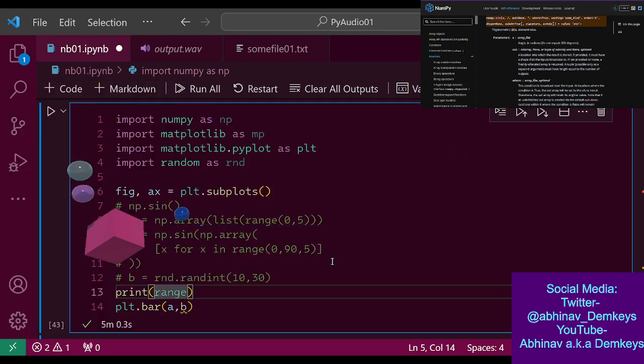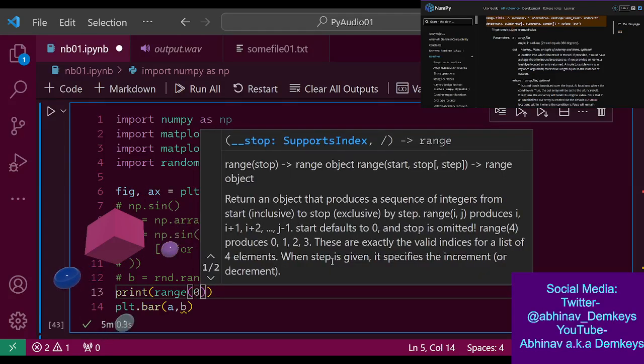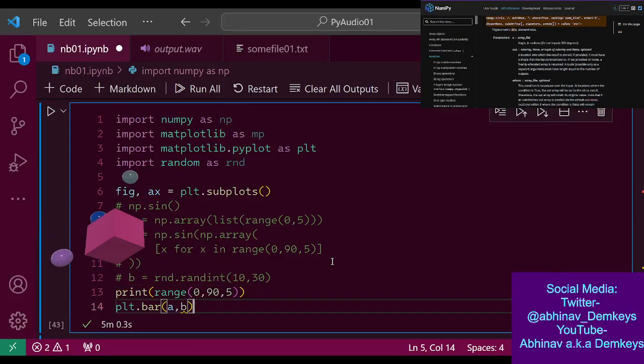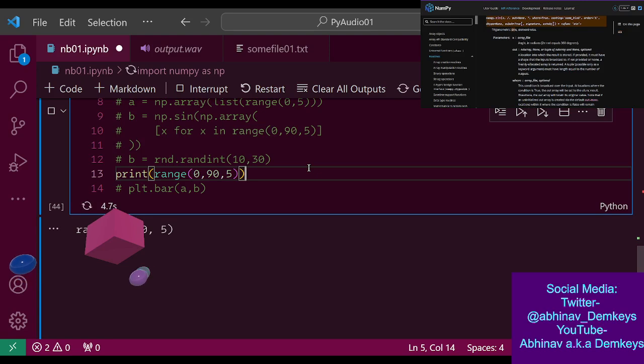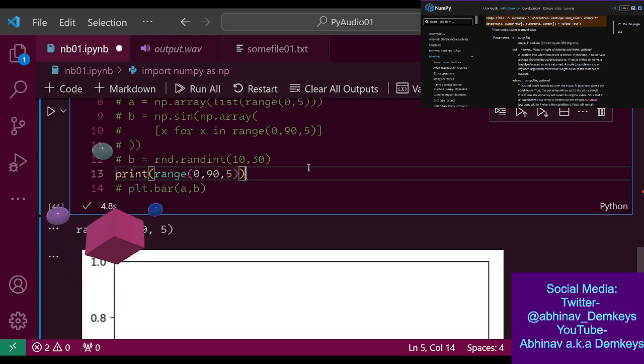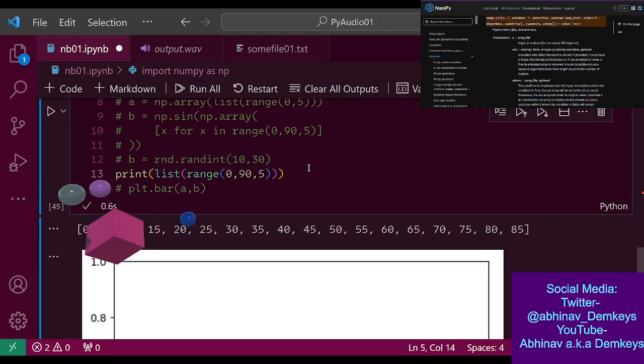Print range 0, 90, steps of 5. Okay, let's create a list. Okay, so in steps of 5, it would be that, and that's not what I'm looking for. I'm looking for 5 elements going from 0 to 90.